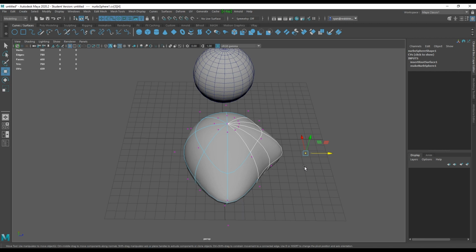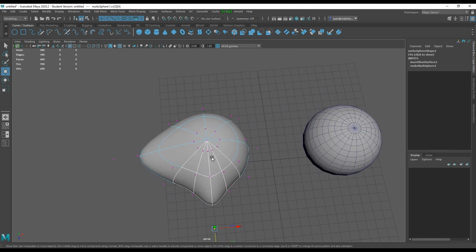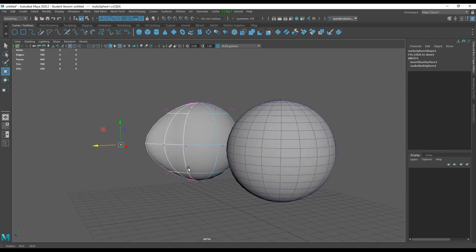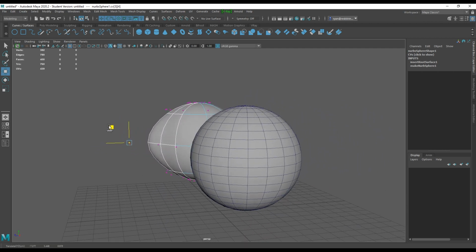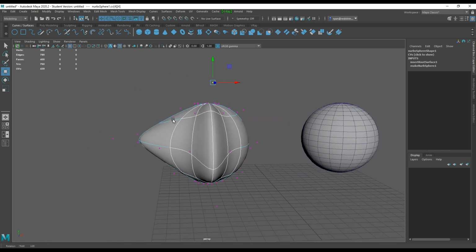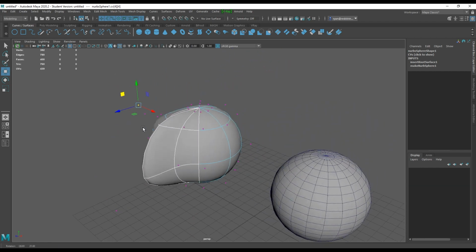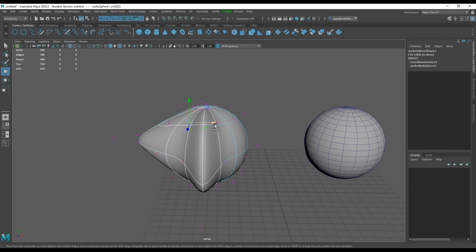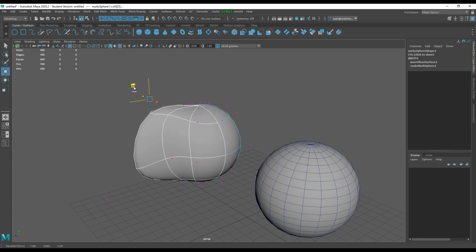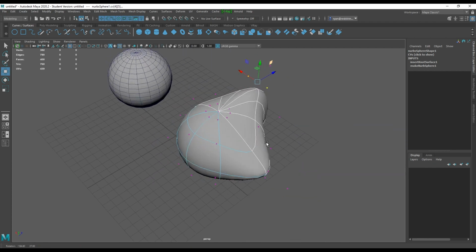bend in this manner. But here you can see the isoparms are pretty close, so the transition from one isoparm to another is a bit more sharp, because like I said, NURBS surfaces will always try and keep the smoothest transition it can from one CV to the next, as well as from one isoparm to the next. Even by pulling something out like that, you can see it's trying its utmost best to keep a very smooth surface for us. So I can pull out some more, and then we can start playing around with this to